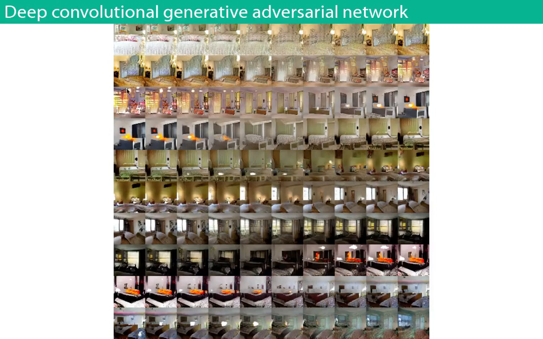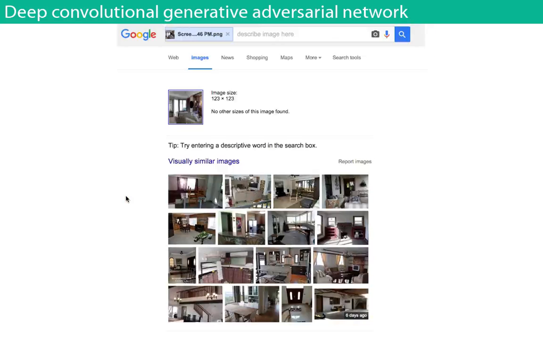And we can create these interpolations. This is like going from one bedroom smoothly into another, and you see that doors turn into windows, or picture frames turn into beds. It finds this interpolation through the generative space where every image appears real, but it morphs from one into the other. And it's not just crossfading, it's actually changing things, like changing windows into doors, right?